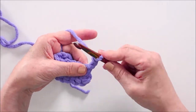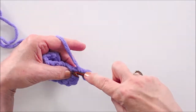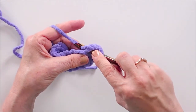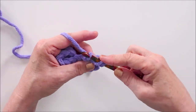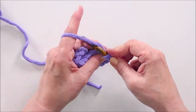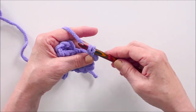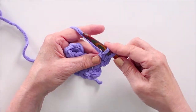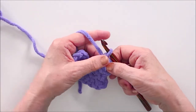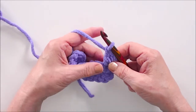Now a treble stitch, you go over the hook first, hold the yarn into the stitch, yarn comes over and you engage. You pull it through the stitch, bring it all 3 back to the thumb grip, yarn over again, and you pull it through 2 of the stitches so that you've got 2 left. Yarn over again and pull it through those 2. Now this is a lot longer stitch, and some people refer to it as a granny stitch, but it's